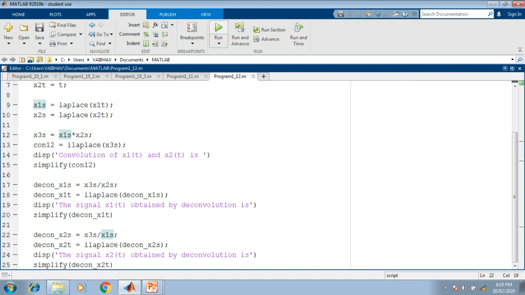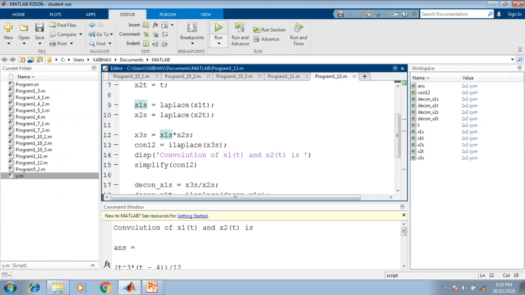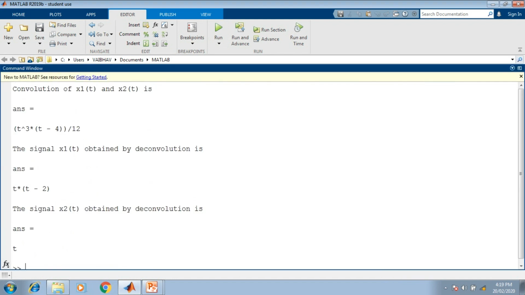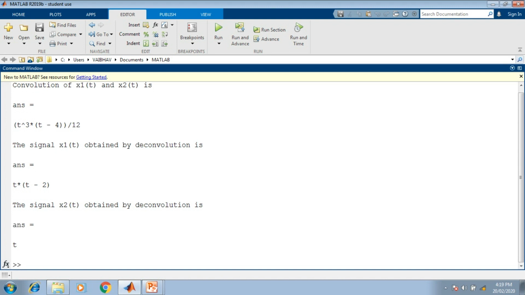Now we can run this particular program here. We run this, and here onto the command prompt we have obtained the result here. So the convolution of x1 of t and x2 of t here we have obtained, that is provided here, that is having t cube in multiplication to t minus 4, and the complete one is divided by 12, whereas the signal x1 of t is obtained as t into t minus 2.